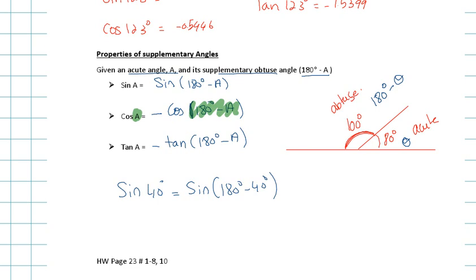I can write it as sine 40 equals sine 140. Supplementary means 180, so 40 and 140 make 180. However, cosine 40 is equal to negative cosine 140. Tan 40